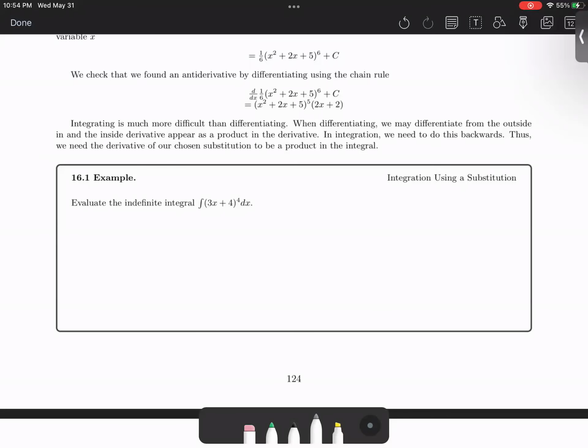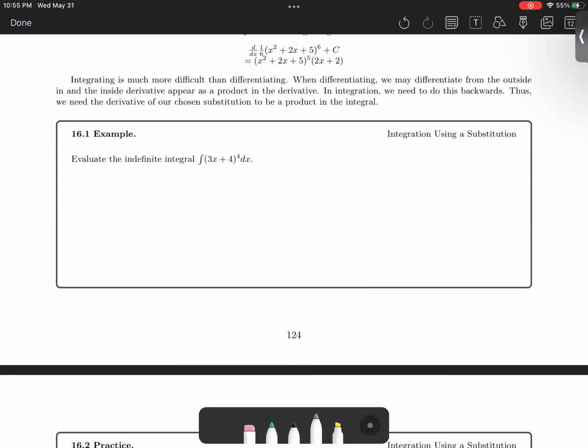All right, finding complicated integrals, it's kind of like the chain rule, but just backwards. The only difficult part is that it has to match a very specific form. The derivative of what you're making a substitution for has to be present inside the integral, at least up to a constant. Let's see. So if we want to integrate this function, (3x + 4)^4,